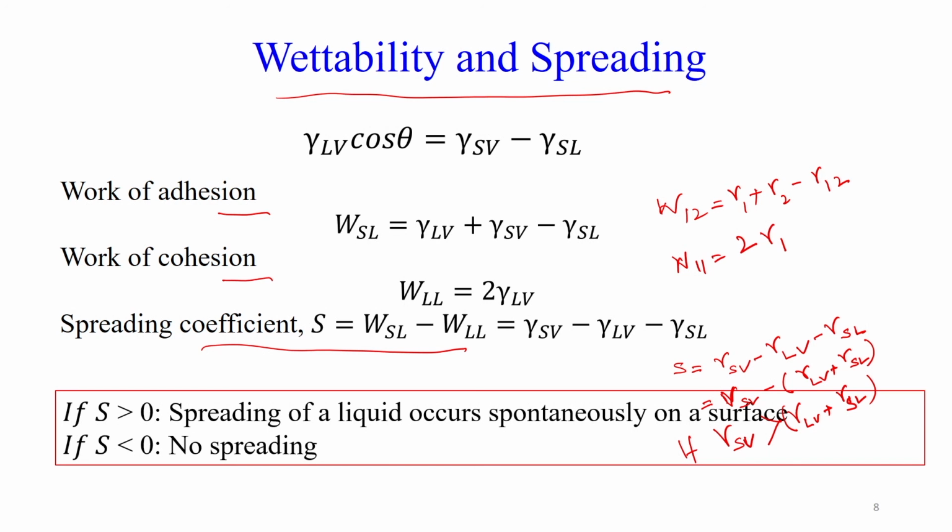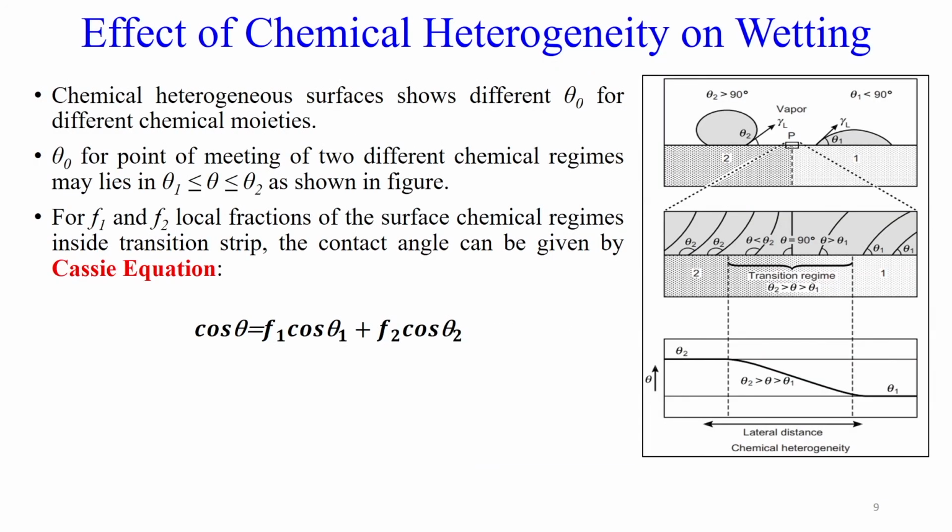So, we can simply say the spreading coefficient is the difference between the work of adhesion and the work of cohesion, and depending on the value of S, we should be able to comment whether there will be spreading, partial spreading, or no spreading. Now, next we will see there may be different kinds of heterogeneity on the surface and how it is going to affect the wettability or the contact angle. So, first we will consider